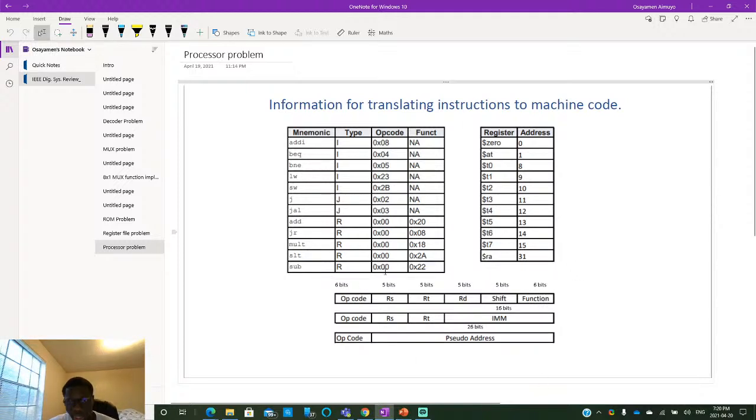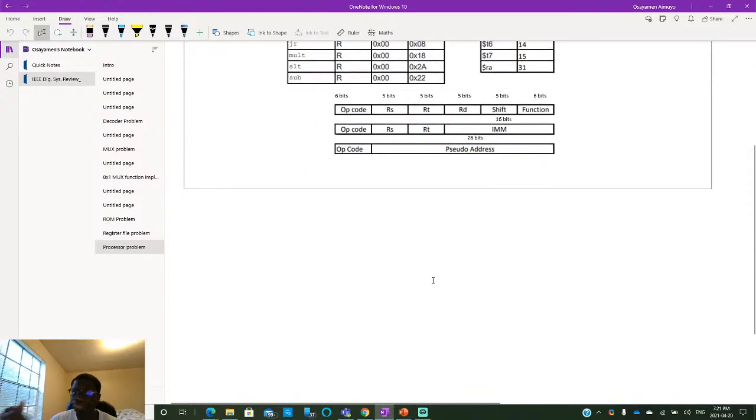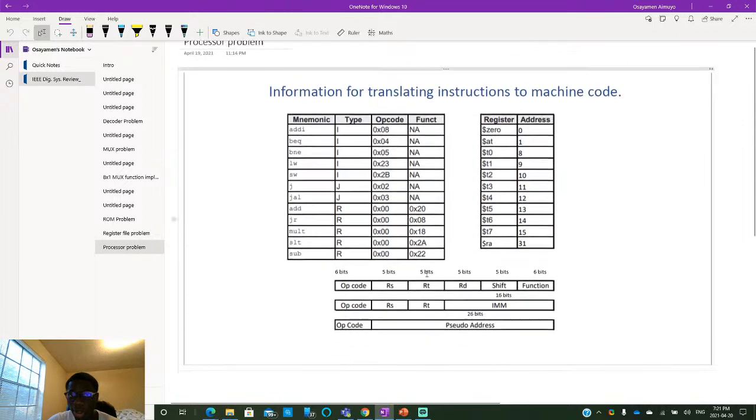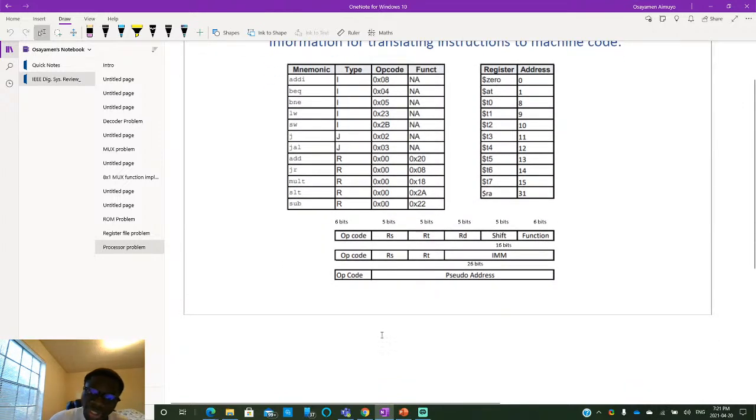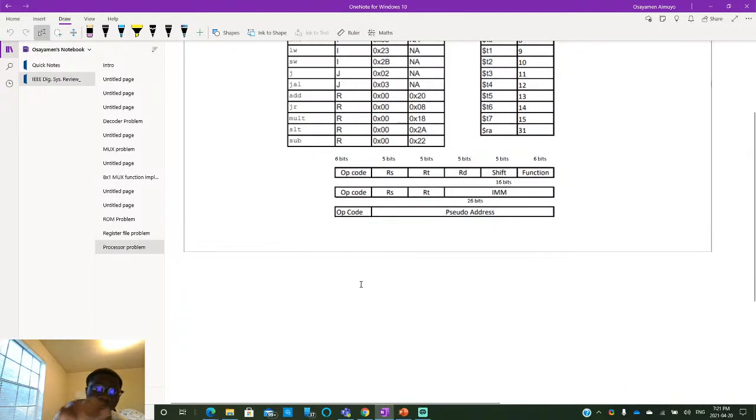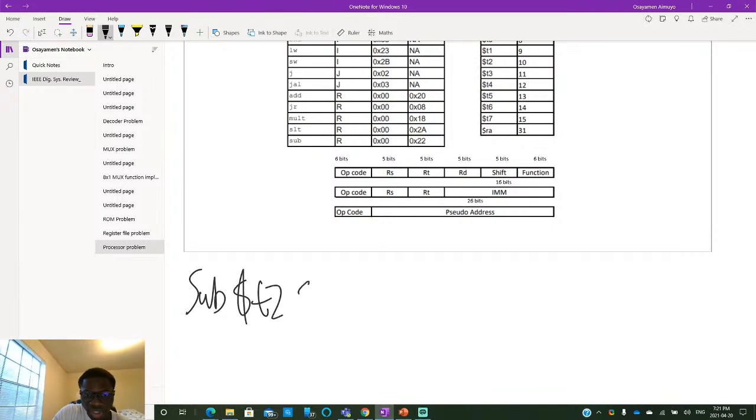So basically, you get your function code, which in this case is represented as a hexadecimal value, and you get your register bits as well, and that should give you your machine code. So remember that we had, okay, I'm just going to write the instruction here, and then we obtain our machine code, and then we go back to the register file diagram. So we had subtract T2,